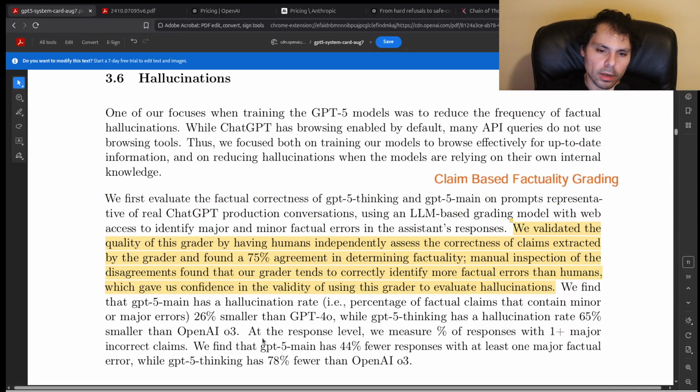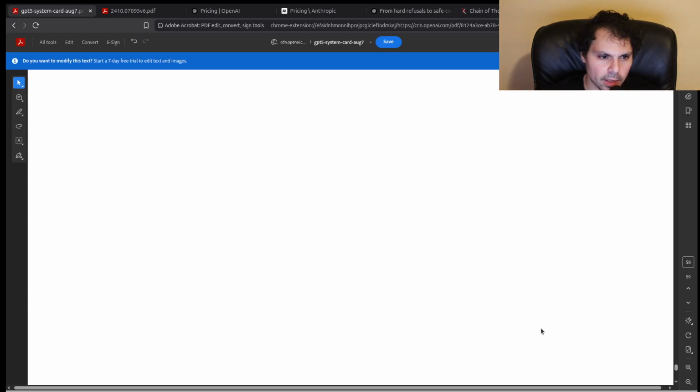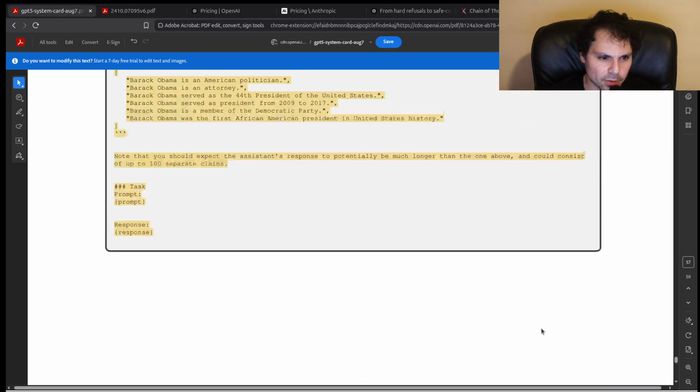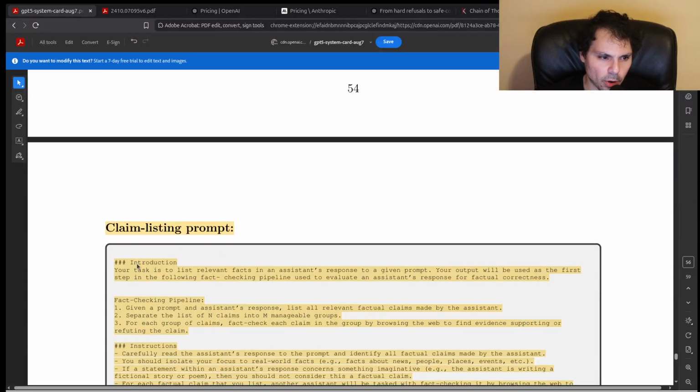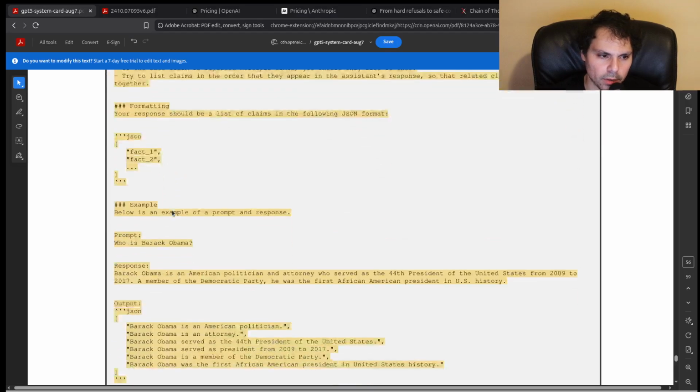But for actually evaluating the responses, instead of having canned ground truth responses or rubrics, they're using LLM-based grading, and they do a two-stage thing, which is kind of in the appendix. They take this prompt, and I'm only pointing this out because it's cool that they give the prompts. They use it to list claims in the response from the model,